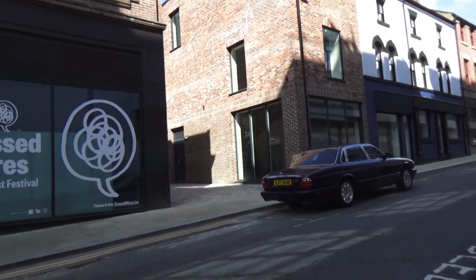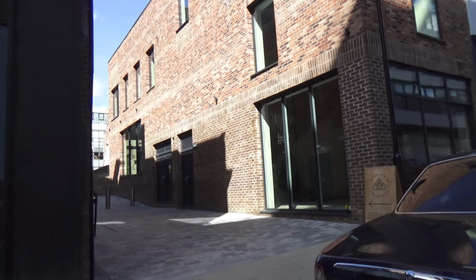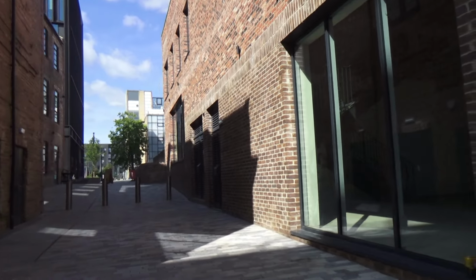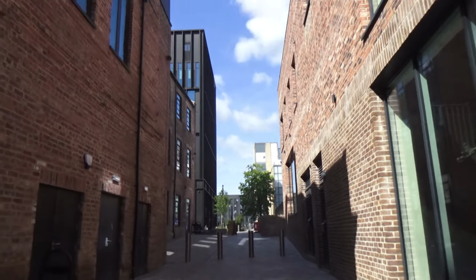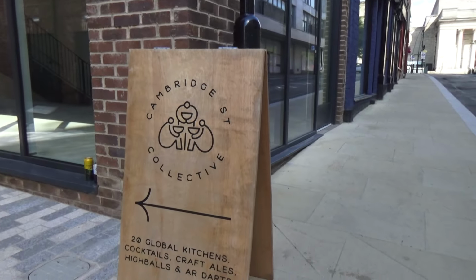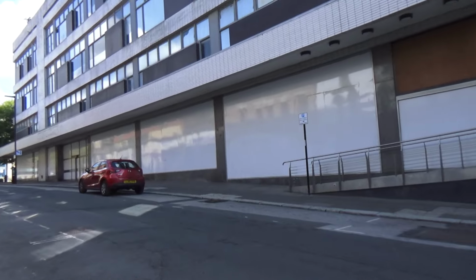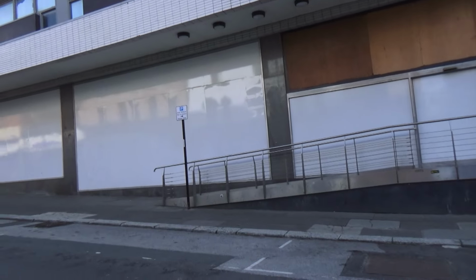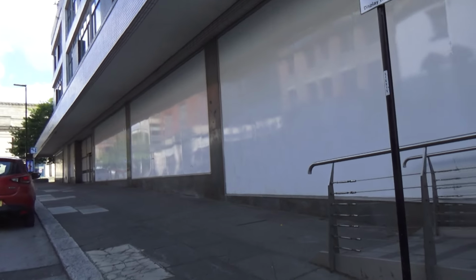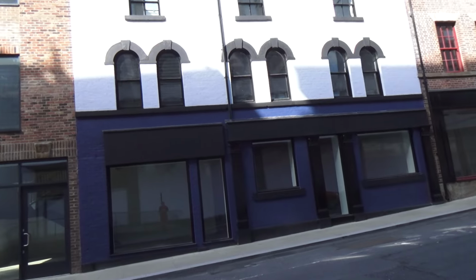Now this takes you, if you go down here, this will take you into the Cambridge Collective. I've got another video on it. So the entranceway is not directly on Cambridge Street, but you can get into the Cambridge Street Collective from here. So you can have a look at my video on it. I went in the first week and it was open, it was absolutely packed. Been in since, it's still packed, but the thing is, we've got other units coming,